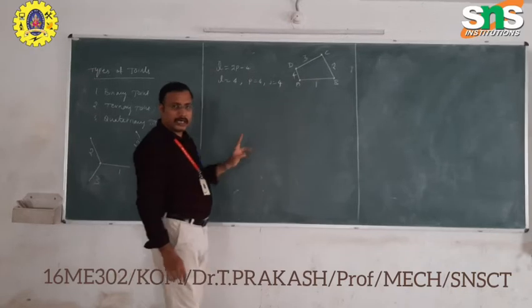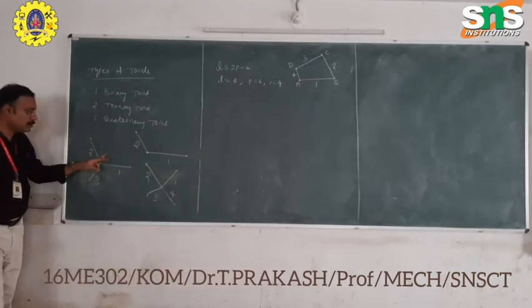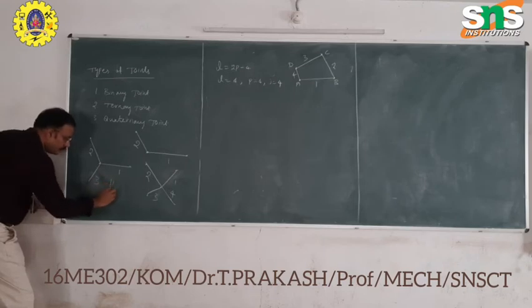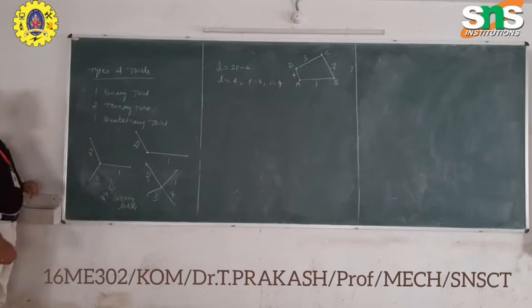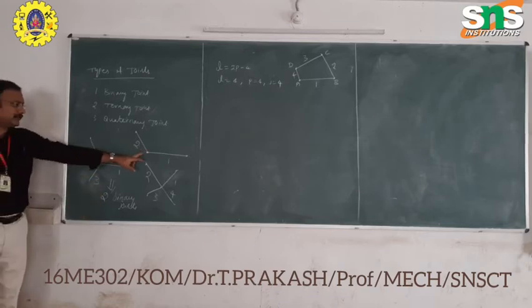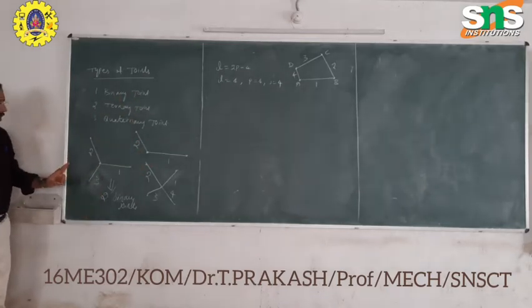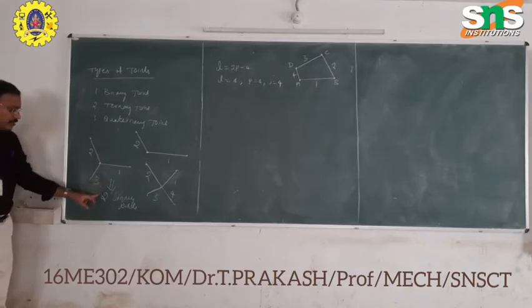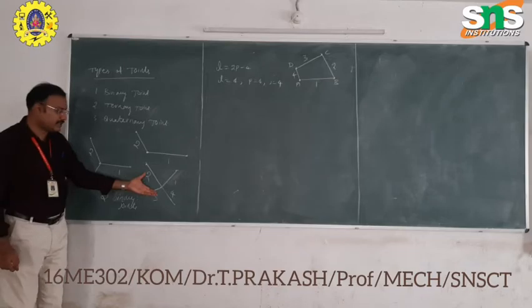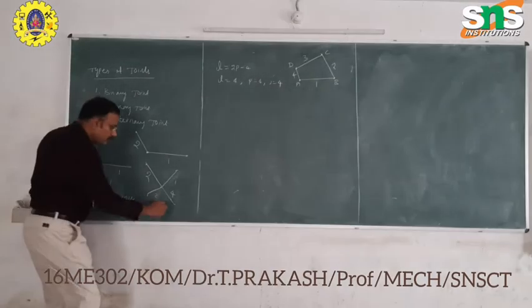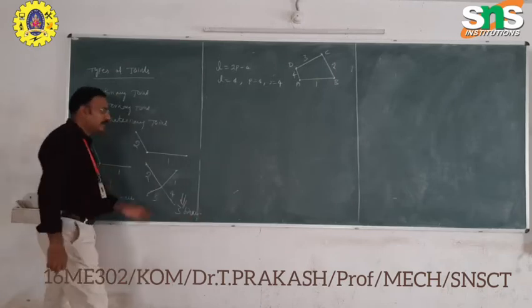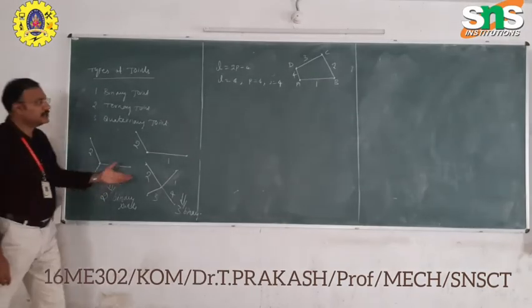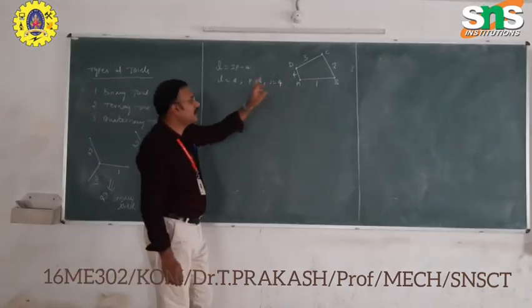If it is a ternary, it is equal to two binary joints. So if it is binary, directly we can take the joint as 1. If it is connected to three links, it is equal to two binary joints. If it has 4 links here, it is equal to three binary joints. Therefore, this combination is very important to identify the joints. Here there are only binary joints, therefore the number of joints is 4 only.